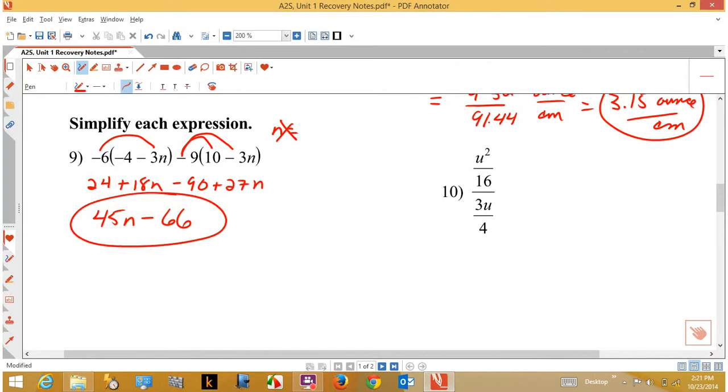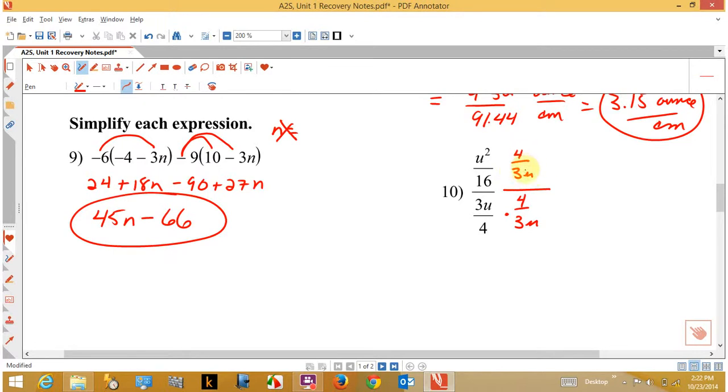Okay, this next one is a complex fraction. And remember, the rule that I gave for a complex fraction was that any time you need to get rid of this denominator, what we're going to do is multiply both the numerator and the denominator by the reciprocal of the denominator, which will become 1. So I have 3u over 4. The reciprocal of the denominator would be 4 all over 3u. Now I can't just multiply the denominator by that. I have to multiply the numerator by the same thing